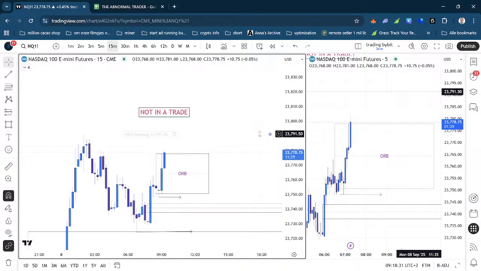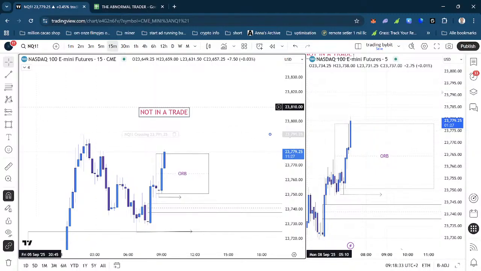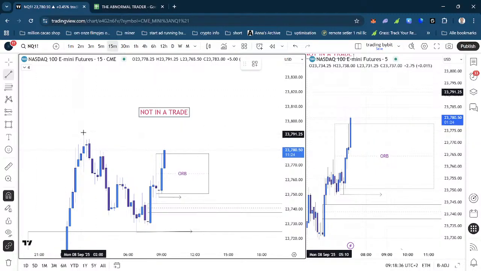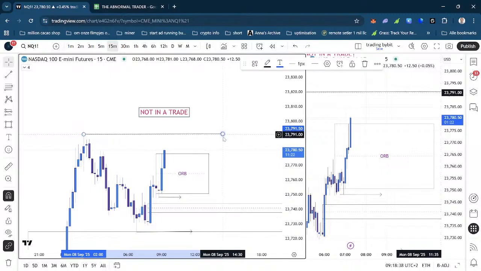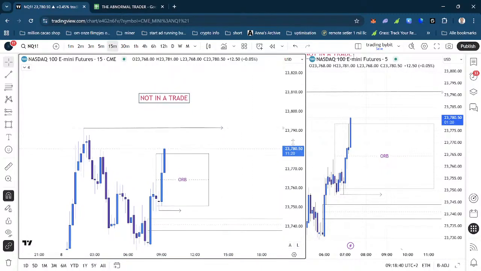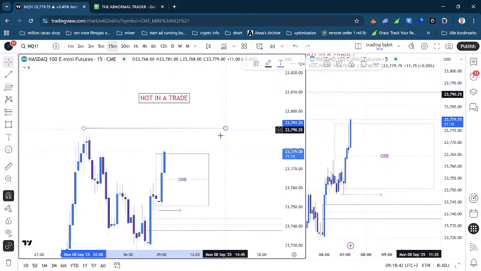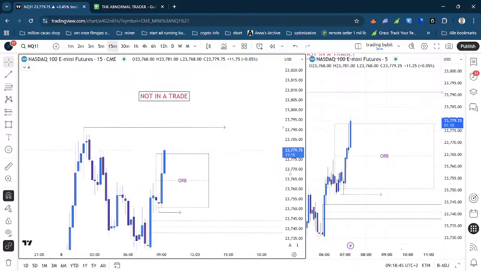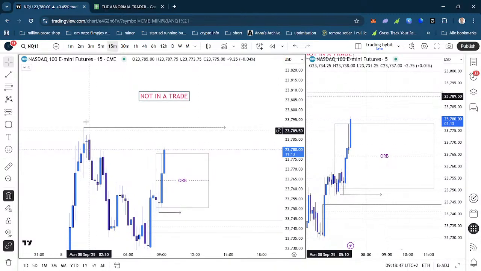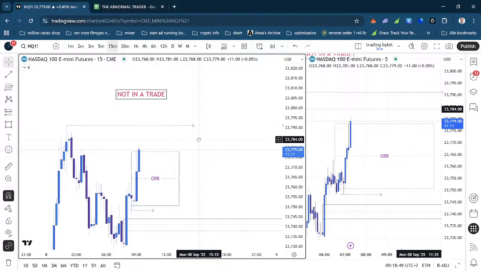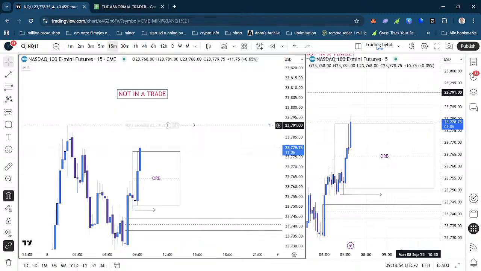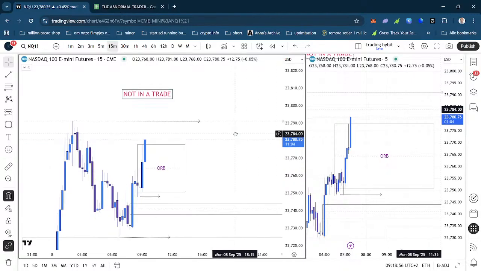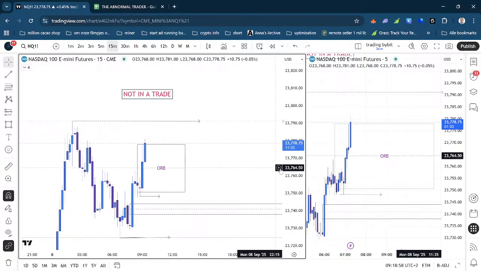I do want to watch how we react on Asia highs. This is Asia high right here. Session highs are always points of liquidity. Or more important points of liquidity, let me say it like that. There are different points where liquidity is too, but those are more important. So that's 58 seconds.